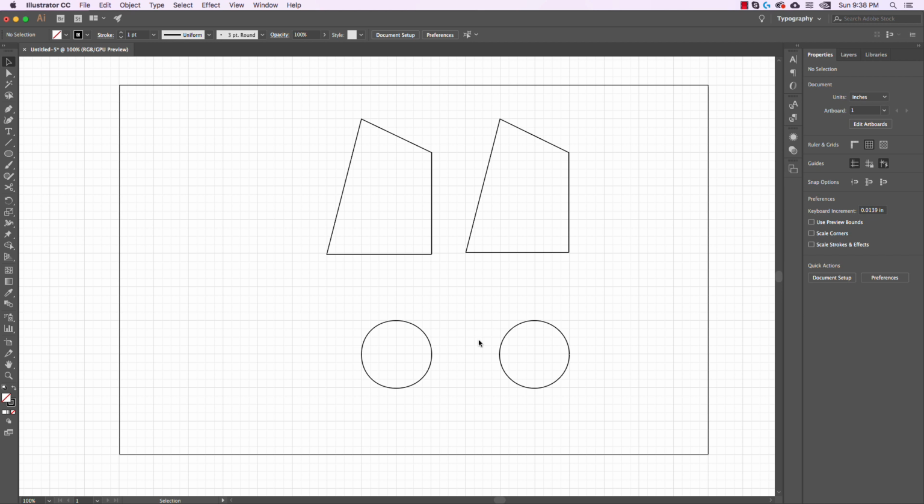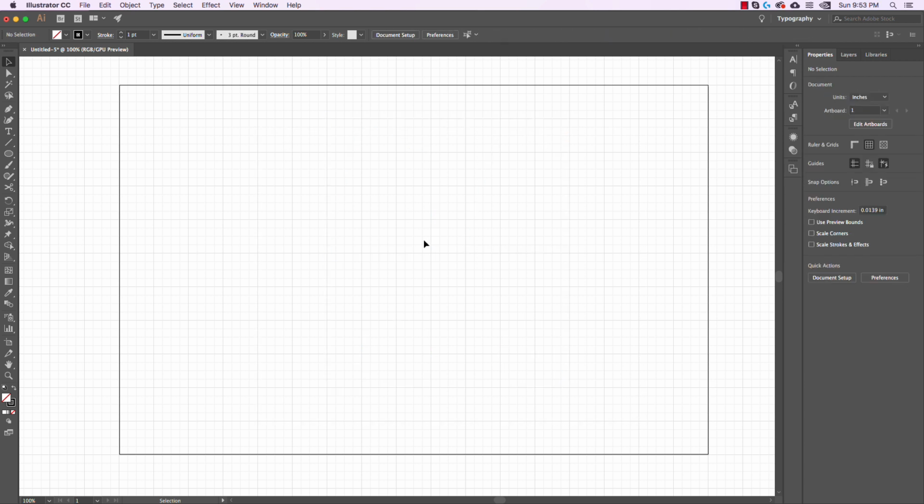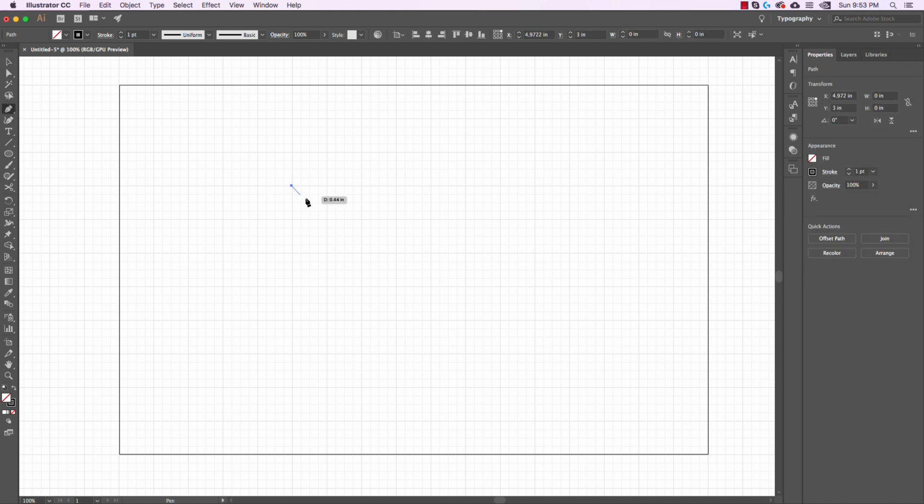And if I did some refinement, I could create that perfect circle. So the last thing we want to do is create some shapes that have a combination of curved and straight sides. So I'm going to go ahead and delete the stuff we've been working on so far and grab the pen tool. Then I'm going to click once to create a new shape and click again to create a second